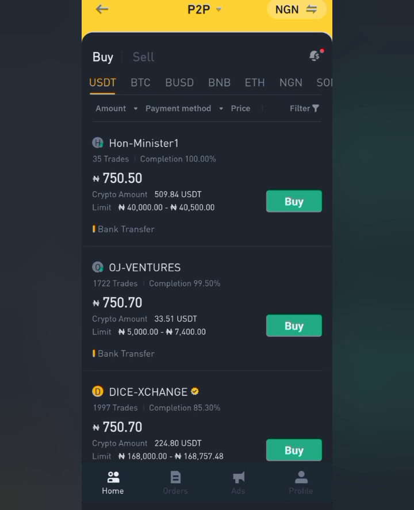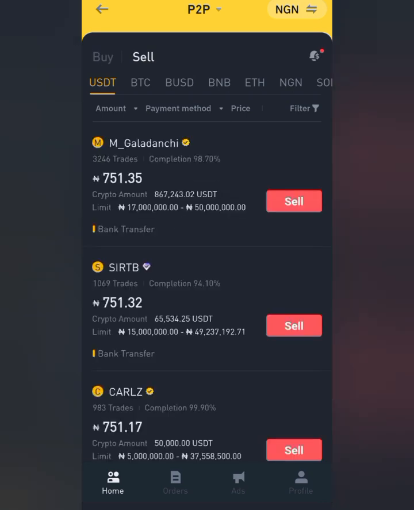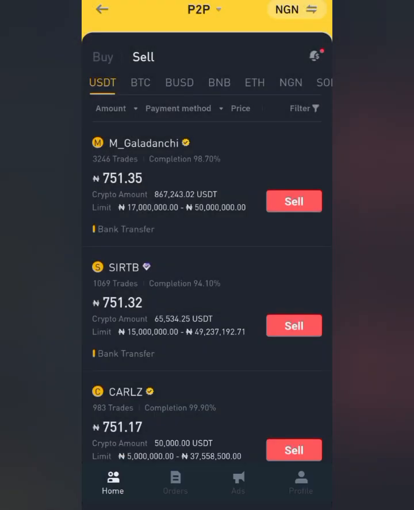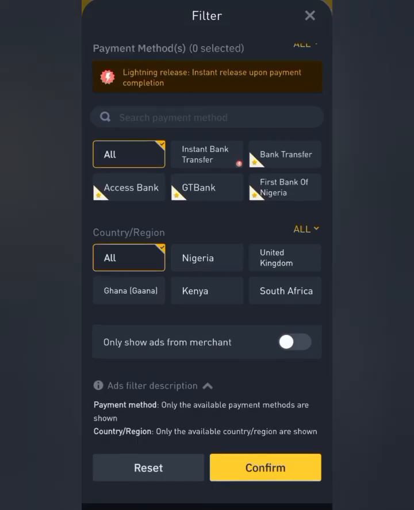Imagine you want to buy 1,000 USDT. You need to be able to get better cost savings. Now, if for instance, you want to sell, the same thing applies. Don't forget, because I've filtered out, now I'm going to get a higher price. If I put on the filter, you will see, look at what's happening now. This is 751.35, right? If I change it and I toggle it back,